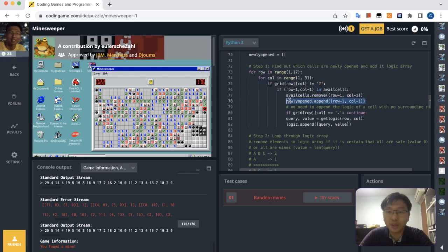Okay, this is important because all the newly opened ones will be used later on in the logic loop to remove particular logic. Let's say you have two over here, that is this one and this one, and then you open maybe this square here. Then I can update this plus this equals 2, I don't have to do this plus this equals 2. So those newly opened cells give us new information that we can use to simplify our logic conditions